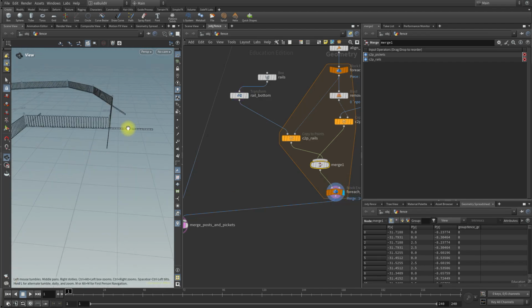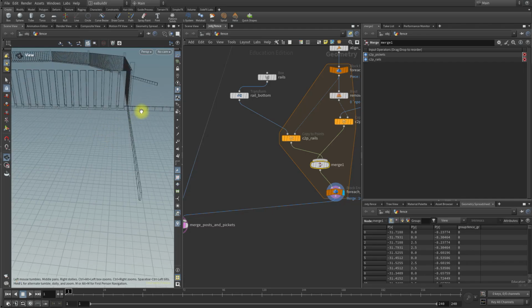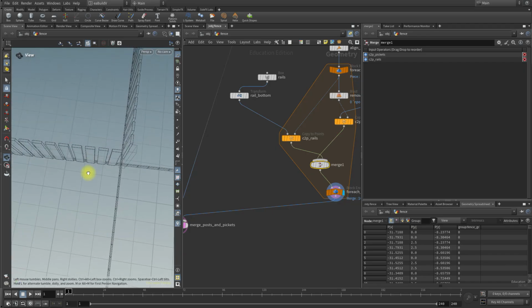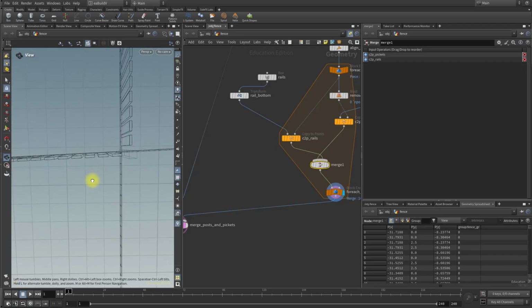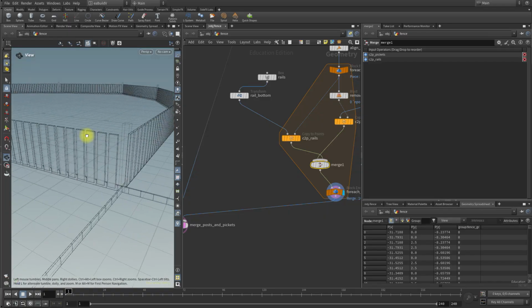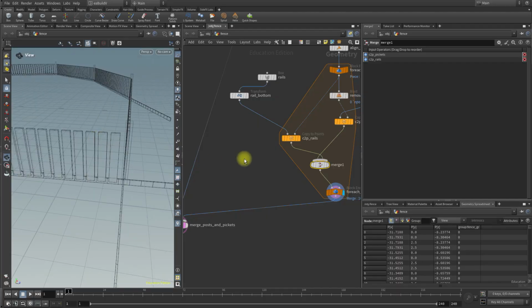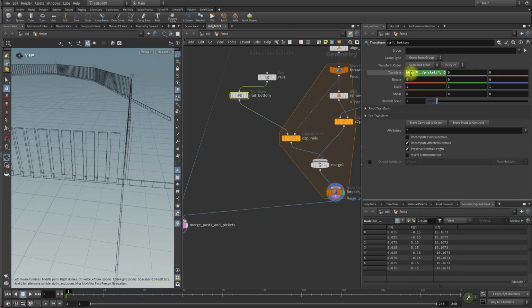So you can see the rails, they're not positioned obviously where they should be, but you can see that they're actually intersecting our pickets. So in order to position them properly, let's go back to the rail bottom. So we have this Dmax. What I need to do is to move it also a little bit back. So we're going to add to that